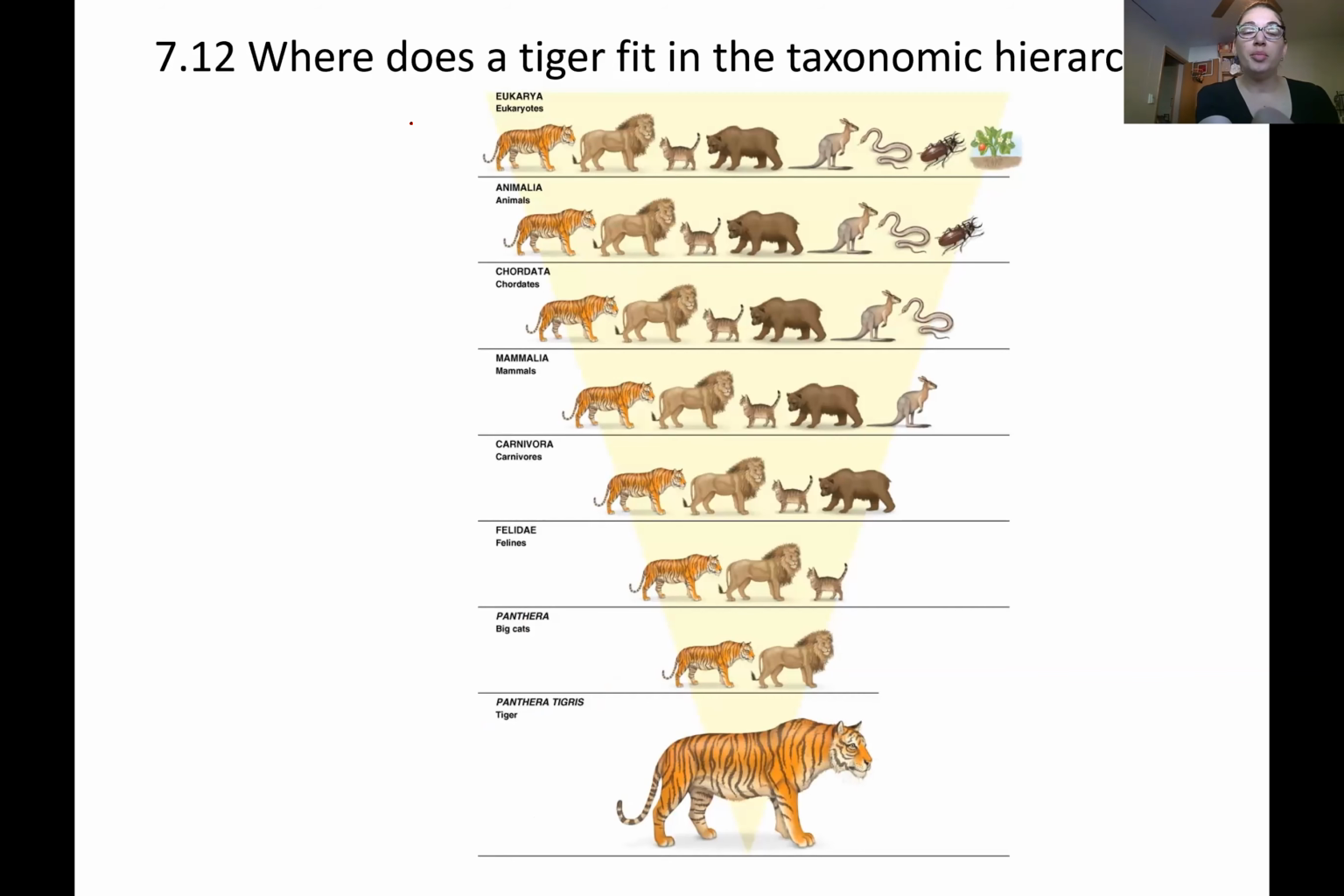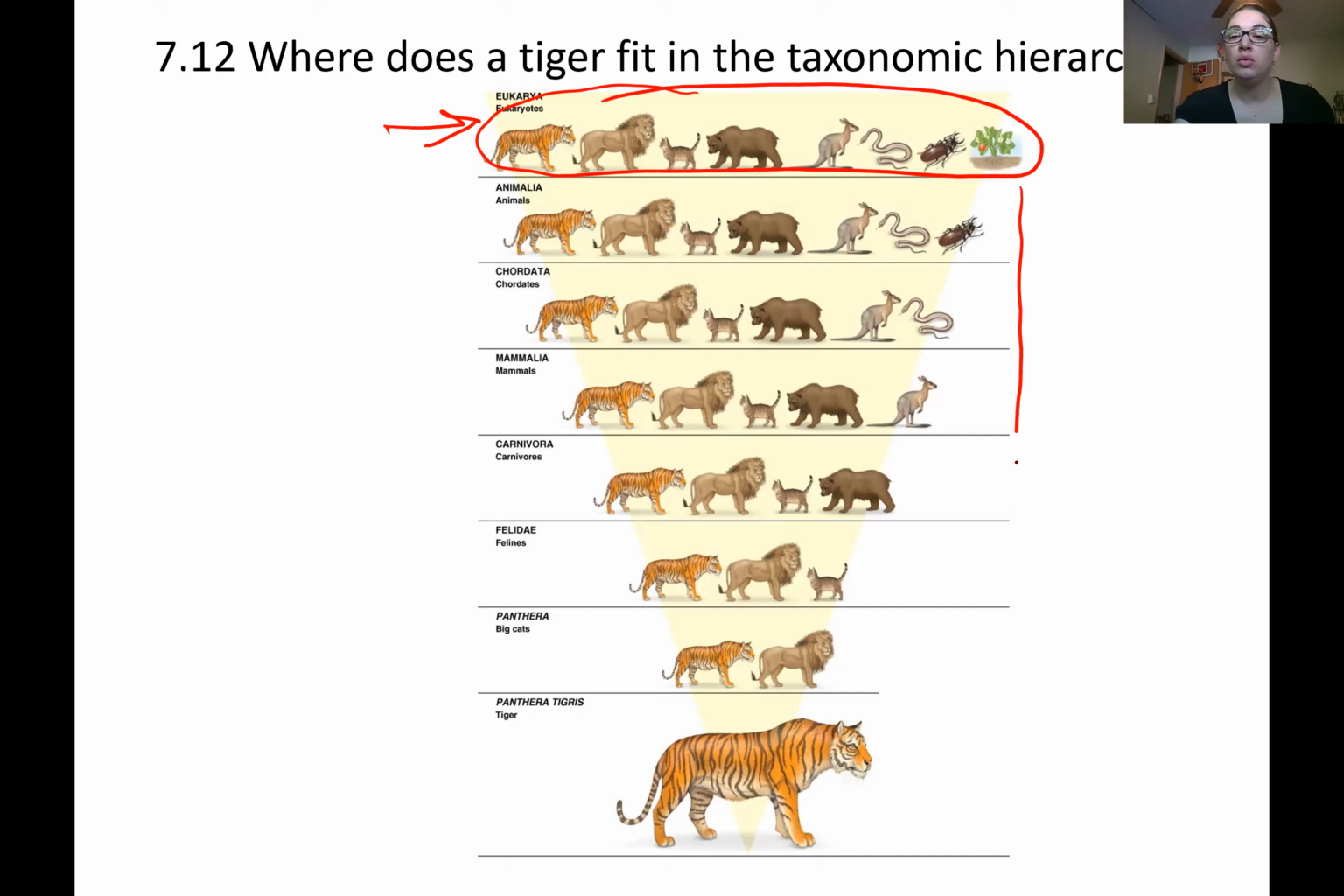If we start up here at the very top, with eukaryotes or Eukarya, that is a domain name, one of the domains. Note that in Eukarya, there's a wide variety of organisms, including plants, insects, snakes, cats, all sorts of organisms, okay? But as we continue to move through the hierarchy levels, the groups become more and more inclusive, and they become more similar as we continue towards